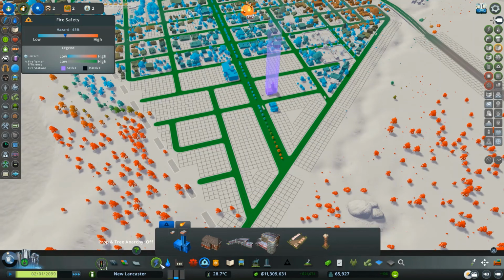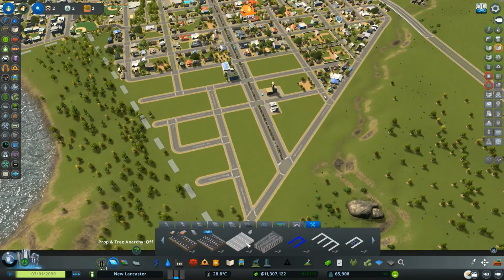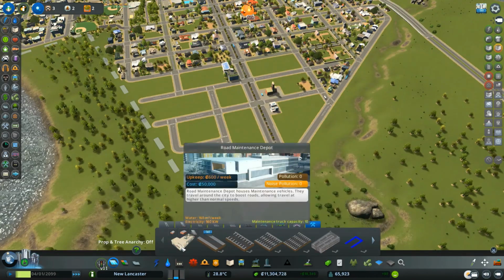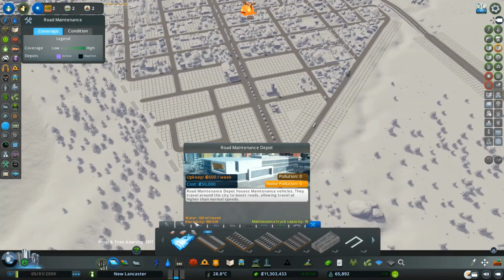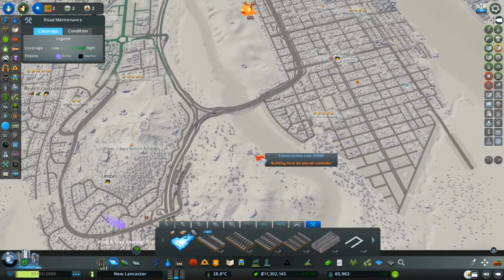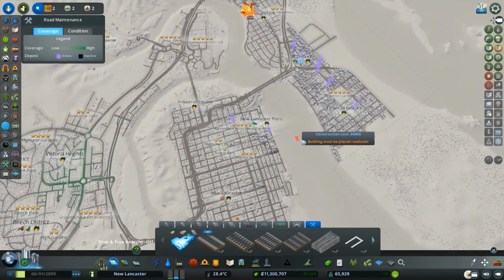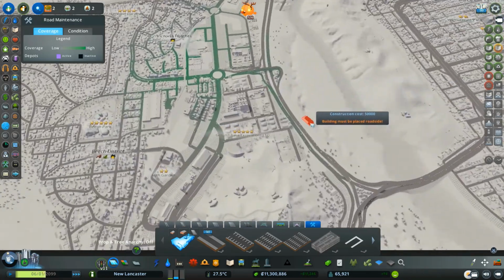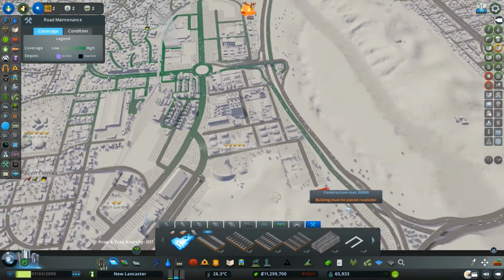And you know what I've been meaning to do for a while, but I just always keep forgetting? It's something that you should always put in your cities. And I always forget because it's in such a strange spot for this kind of stuff. Road maintenance depot. So it maintains the roads, which we have none. Oh, it's just a parking garage. Oh, it looks like we've won or something. Why is it green around here? Weird.